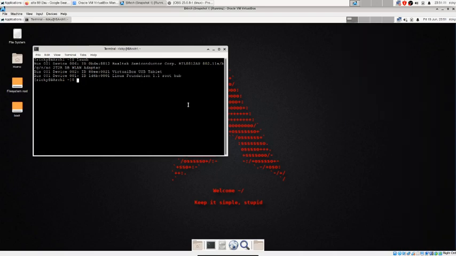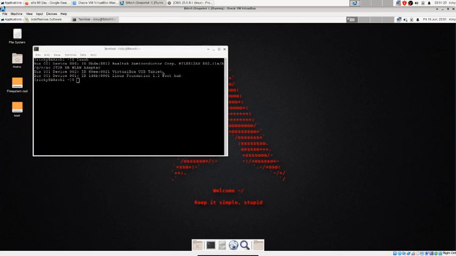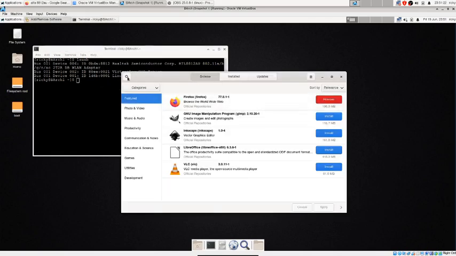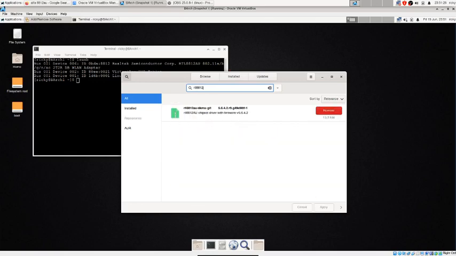Sometimes you struggle with that, but in Arch Linux you have a simple way. If you go to Add/Remove Programs and just type RTL8812, I have it installed already. You will get all the kernel drivers here. If you type RTL8812, for all the kernels, I installed this one. So in Arch Linux it is very easy.